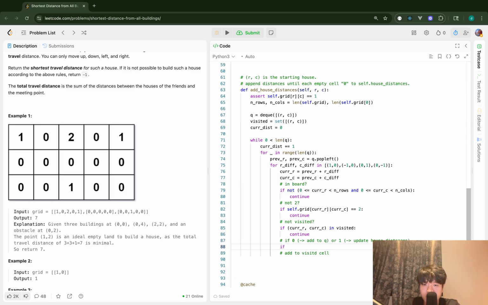So if the current cell is 0, I just have to visit the cell. So append like this. Yeah. Otherwise,